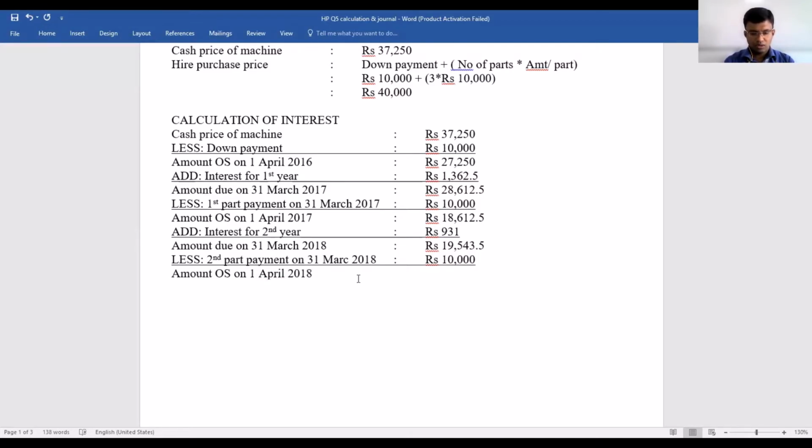And this will work out to be rupees 9,543.5. Now to this you will have to add the interest for